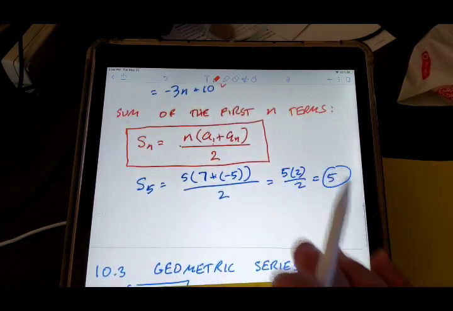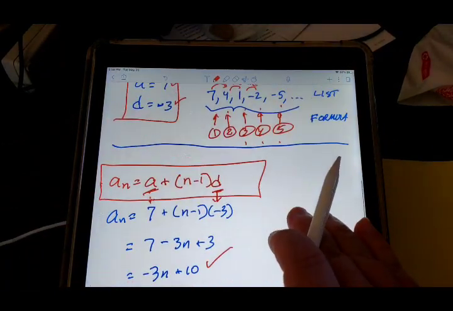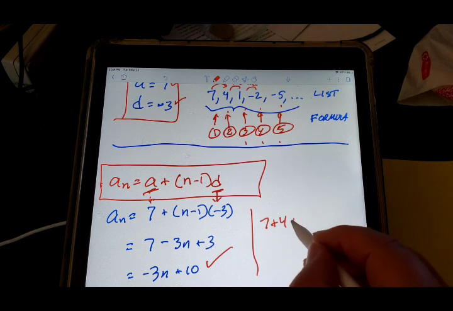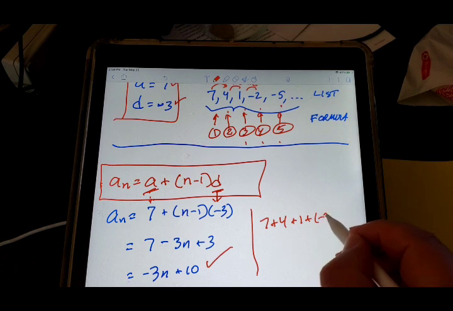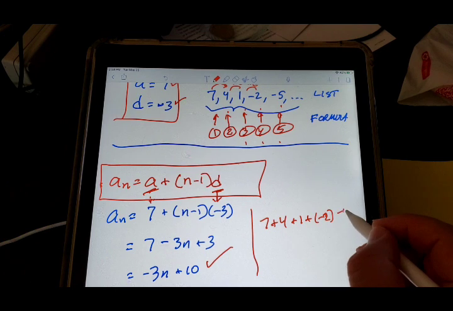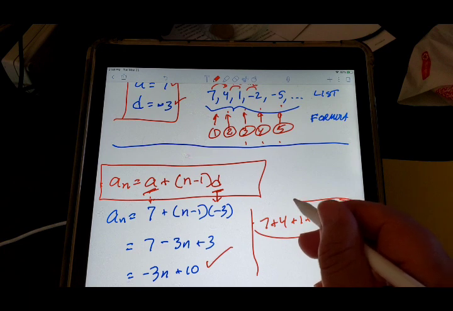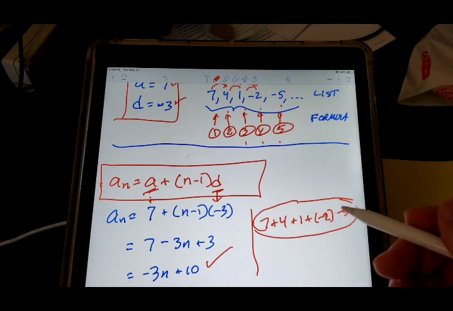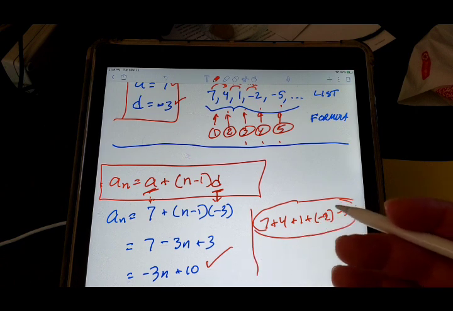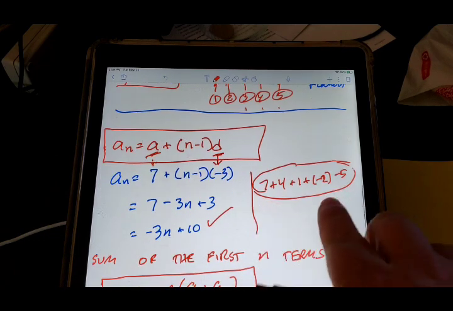All right, what's the next thing they might ask us to do? I can't see the problem from here. All right, I'll write it here. What if they asked us what 7 plus 4 plus 1 plus -2 plus -5 is? All right, of course, I can just add these up, but we have a formula that allows us to add up any number of terms in an arithmetic sequence. So if I wanted to add these up using our formulas,